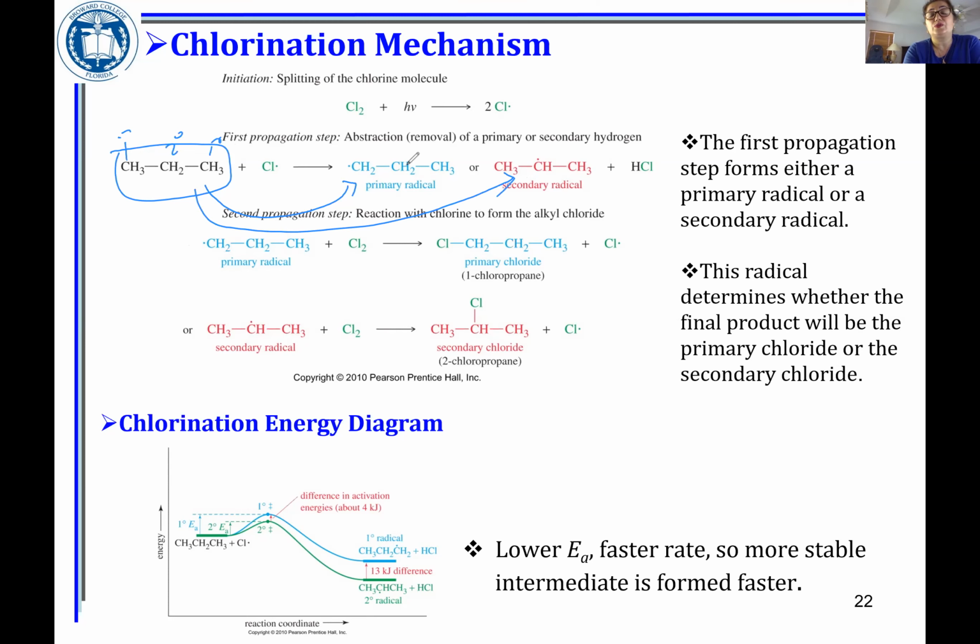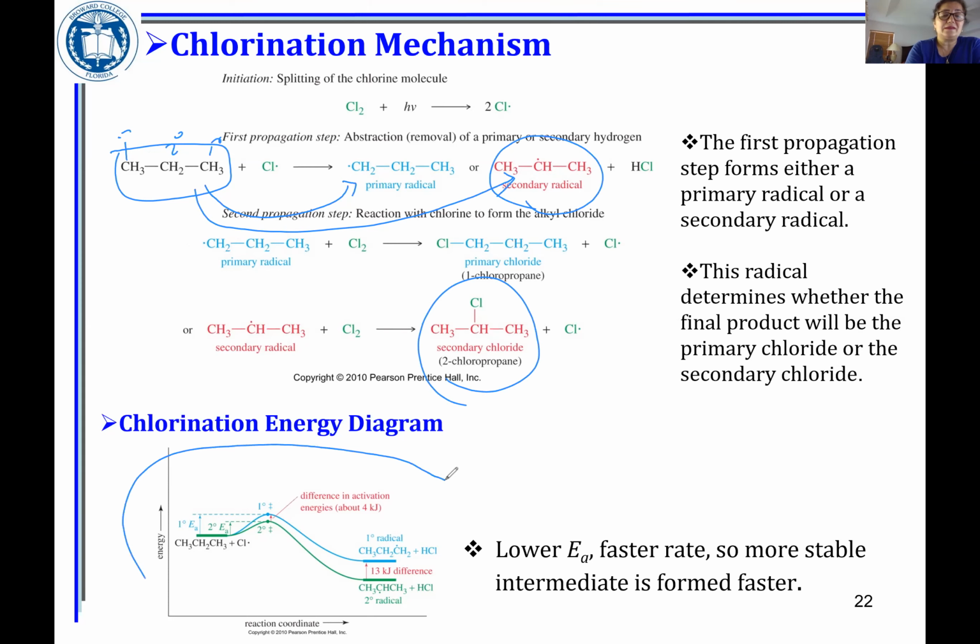So we get only two different types of free radical intermediate. And we saw that the more stable intermediate, which is the secondary, is going to yield the formation of the major product. So the energy diagram